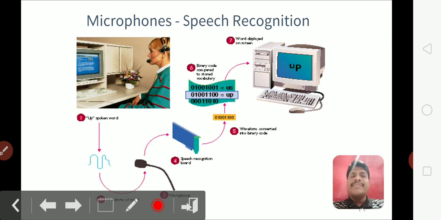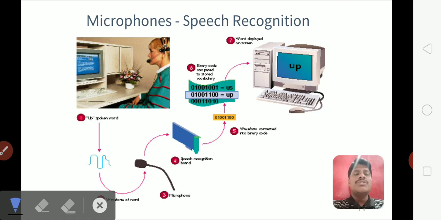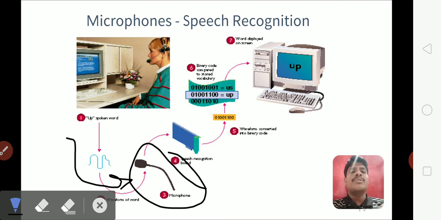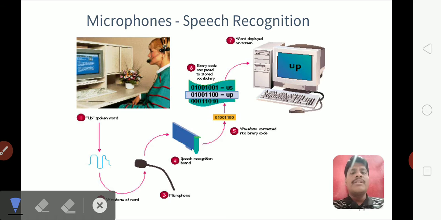Coming to the next input device, we have the microphone. This microphone gets the voice input. Voice is nothing but a signal, and these signals will be captured by the microphone, which in turn is connected to a speech recognizing board, where the signals are processed and converted into binary form.